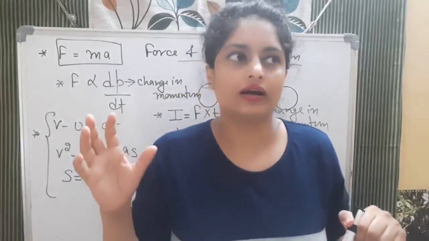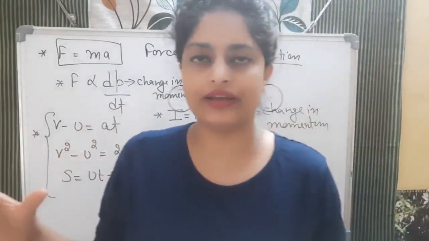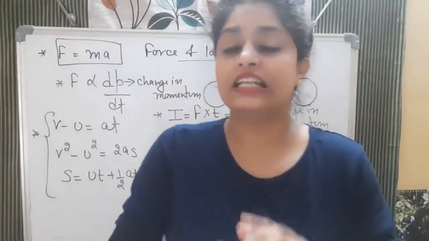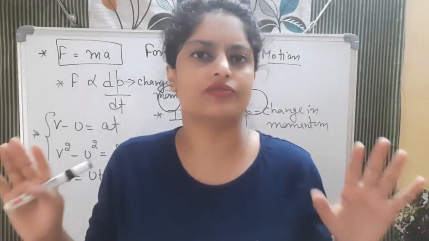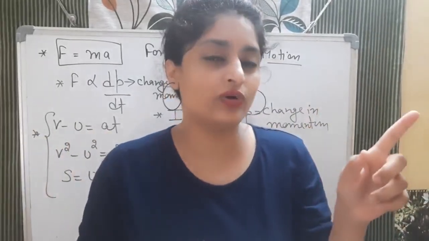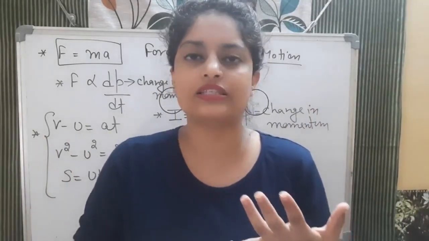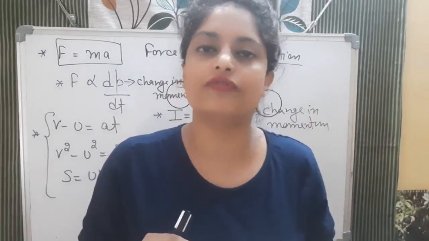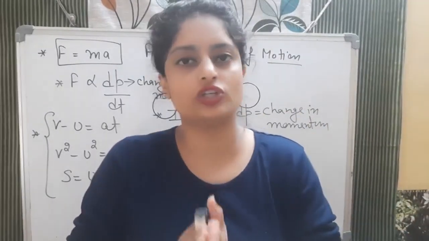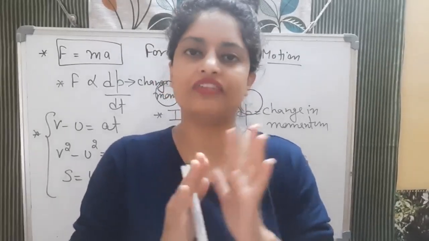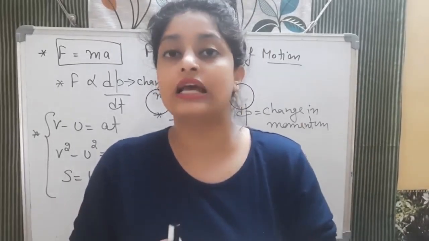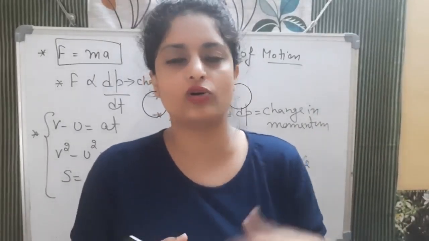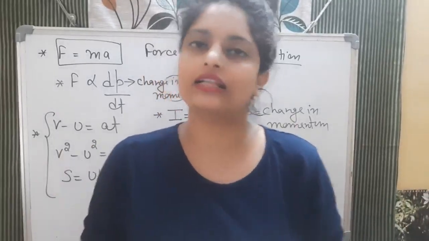For example, we are considering that one ball is moving, and now we are saying that the net external unbalanced force is zero. It means there is no friction, no extra forces acting on it. According to Newton's first law, if anything is moving with some velocity, it will continue to move with that velocity until and unless some external force is applied on it. So in this first question your answer will be yes, this is possible, that even if we apply zero net unbalanced force, the object can move with some non-zero velocity, because the object may already be moving. Okay, so that's why the answer of the question will be yes.